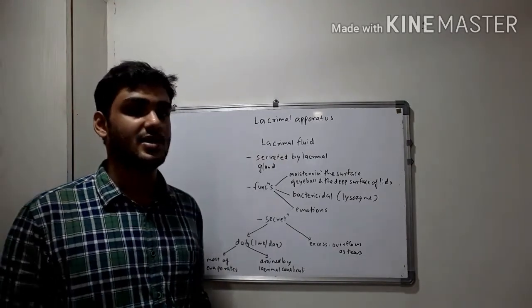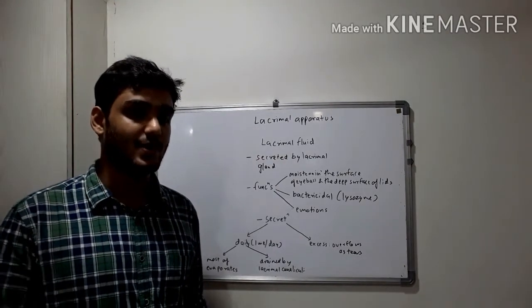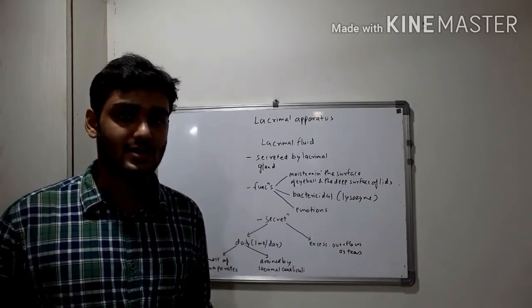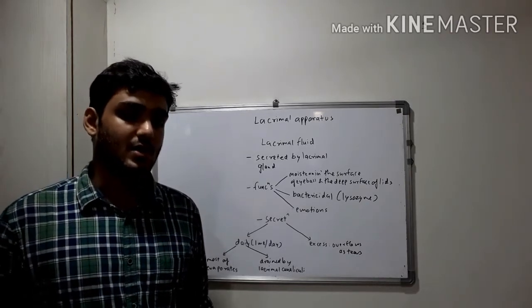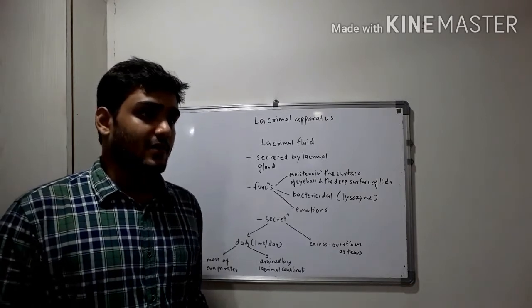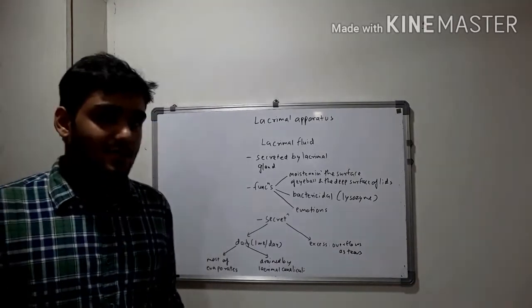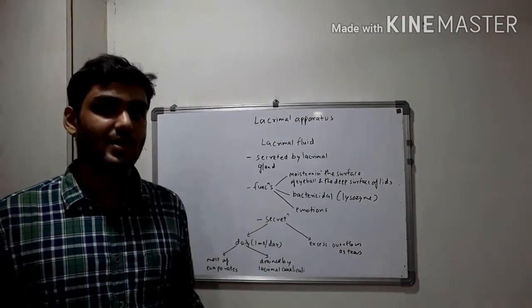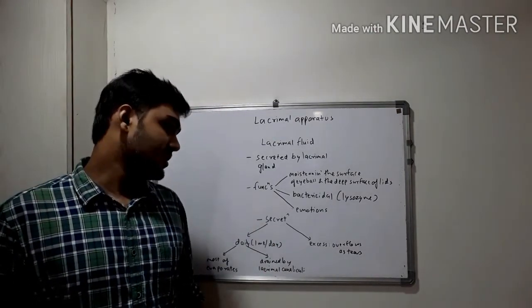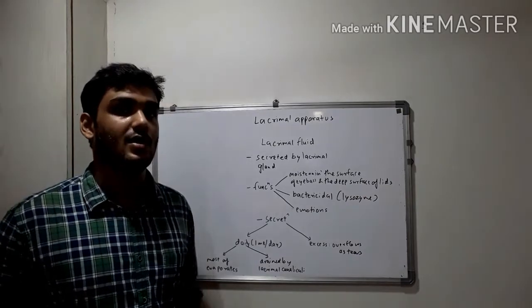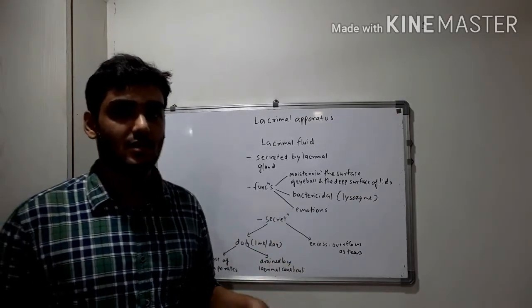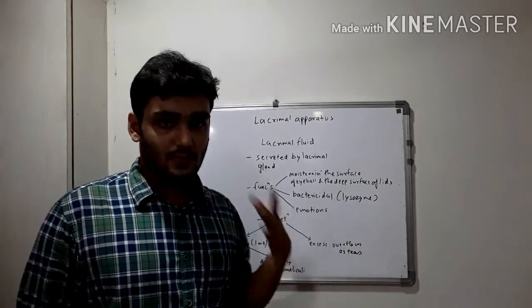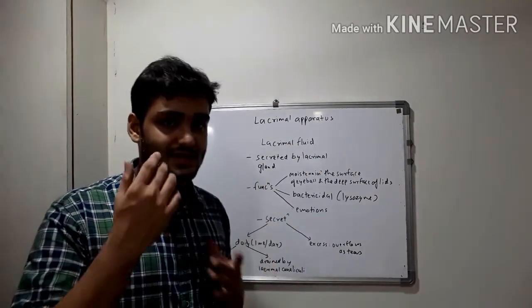And talking about its secretion, its daily secretion is 1 ml per day, and the majority of lacrimal fluid evaporates, but the remaining portion is drained by the lacrimal canaliculi, and we will come across the entire pathway in the coming parts of the video. So this was about daily secretion. You don't cry daily, right? But sometimes you cry if there is an overflow of emotions. So if there is an excess of lacrimal fluid, then it overflows as tears.